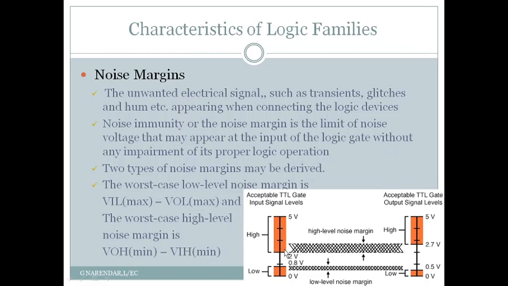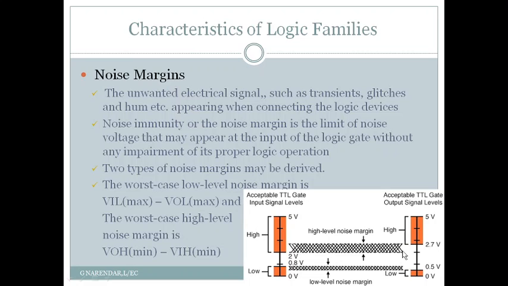So it still treats that noise-added signal as a valid high signal, and since it is a valid high signal, it will not impair the proper logic operation. So here I can say that the noise margin is 0.7 volt,